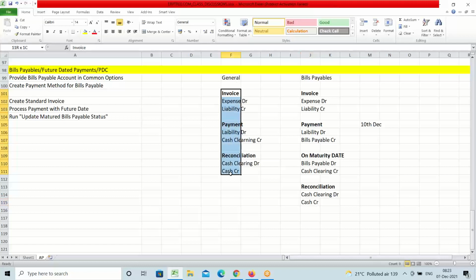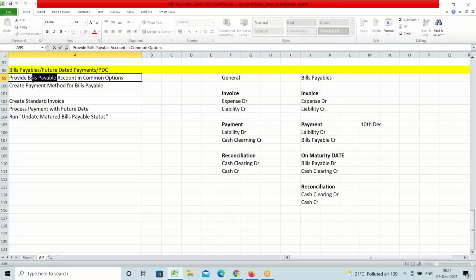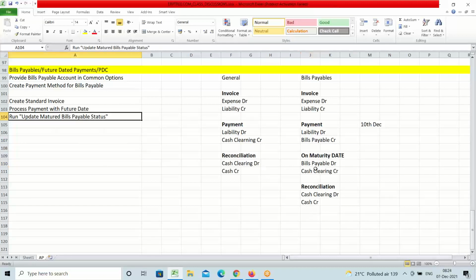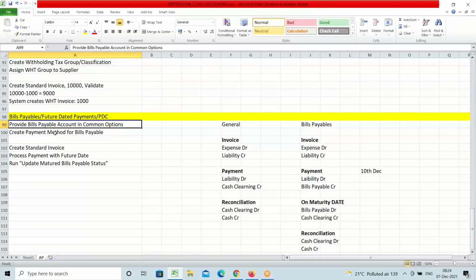For the general scenarios, this is the accounting. In case of bills payables, this is the accounting. So when you make the payment, system has to track the bills payable account. That is the reason we have to provide that account in the common options, so that when you make the payment with the future date, it will pick that account. The rest of the process is also the same. When you run this maturity process, it will reverse the same bills payable account. That's how, from the accounting point of view, the account will be useful. So I will go and provide this bills payable account and create the payment method for bills payables. Then we can proceed with the